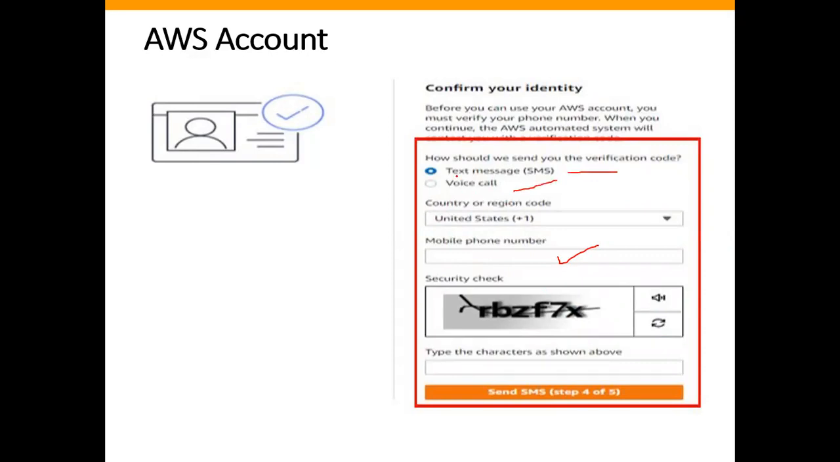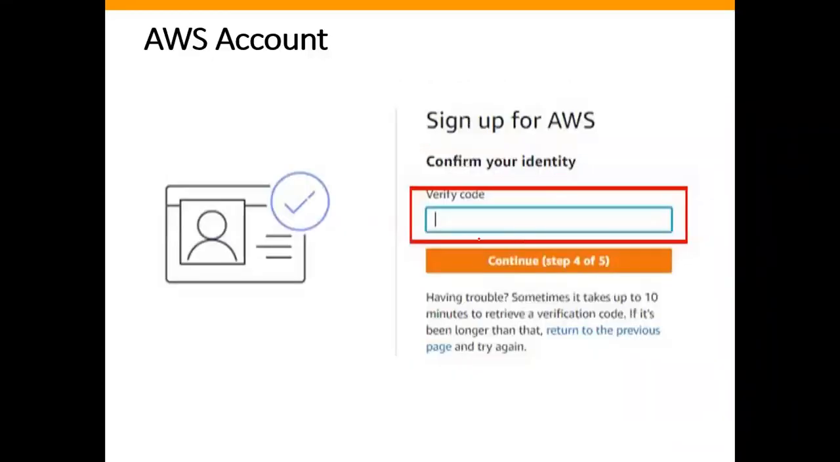So you need to select that particular option here, text message or voice call. And here you need to give the characters, whatever characters they have given. Then click on send SMS, or if you are selecting voice call, they'll call you. And whatever OTP you receive from their side, by voice call or SMS, you can enter that particular OTP here. Then click on